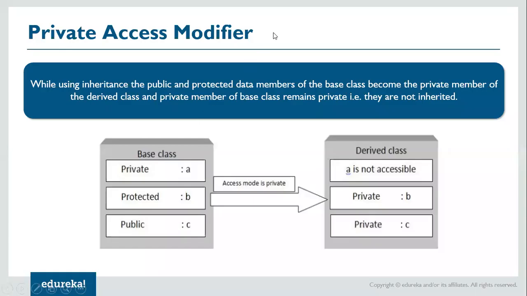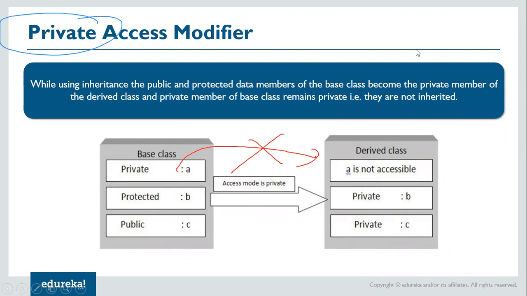So now coming back to our slides. What if, while using inheritance, I'm using public access? Then the public and protected data members of the base class remain as they are. So let me grab a different color for private. This anyway is not possible, because it's a private member.